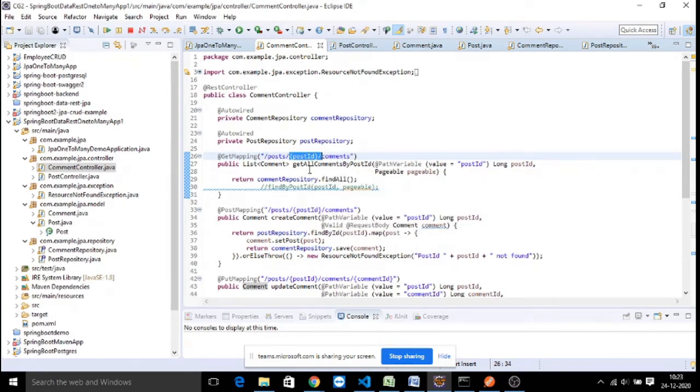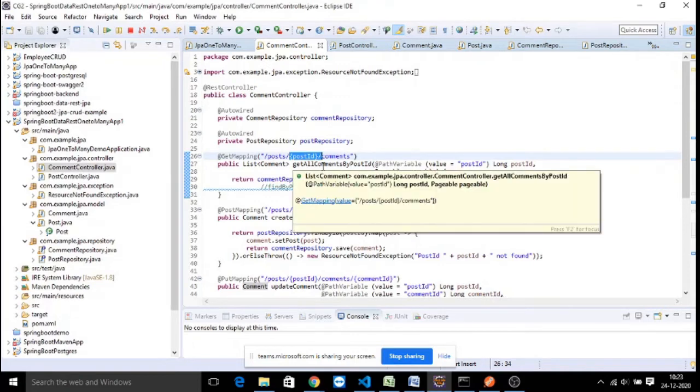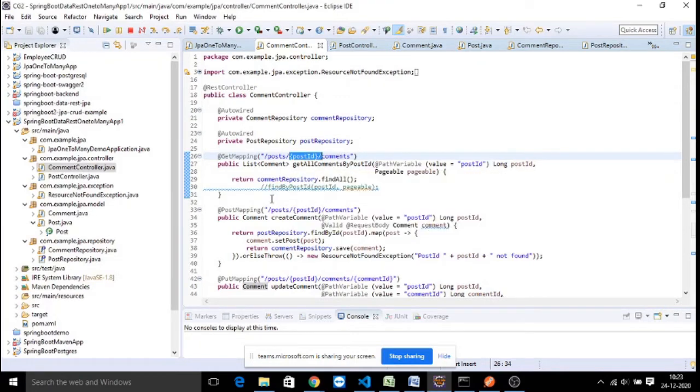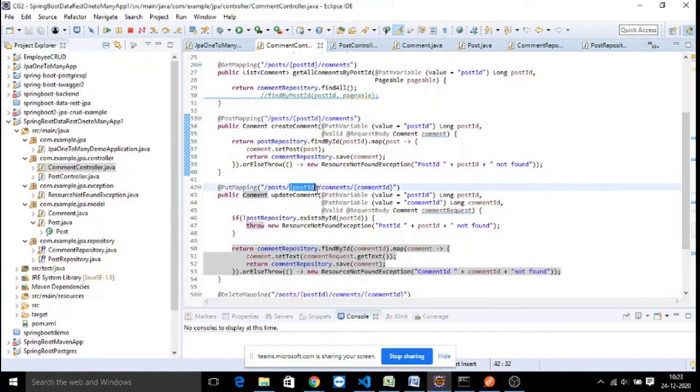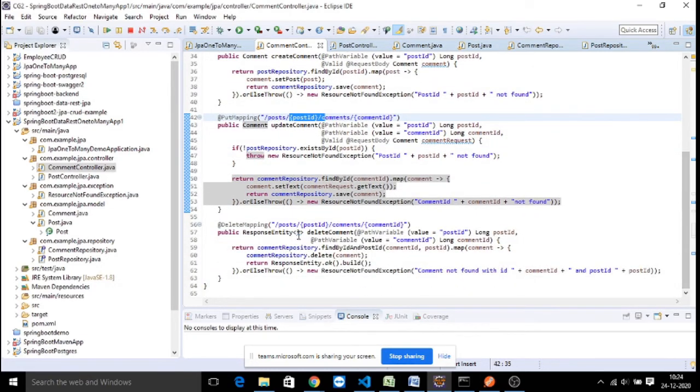And whenever you are getting, you also have to pass the post id, which is a join column, to get all the comments. While adding, you also have to provide the post id, then you add the comments. When you are deleting, you have to pass the post id with which it is associated and it has to be deleted. And for update also the same.